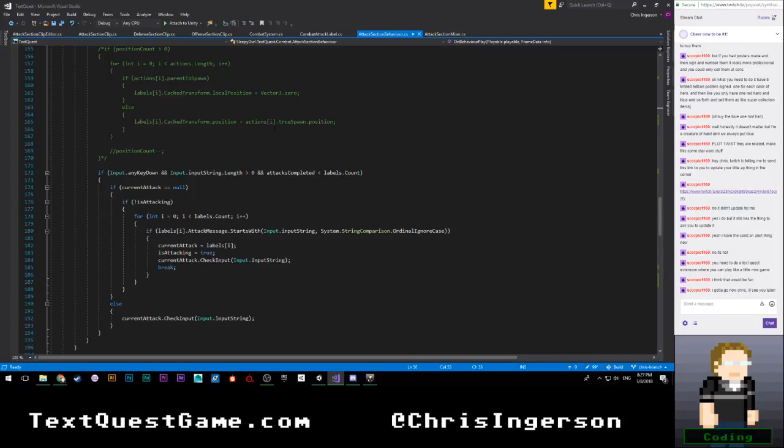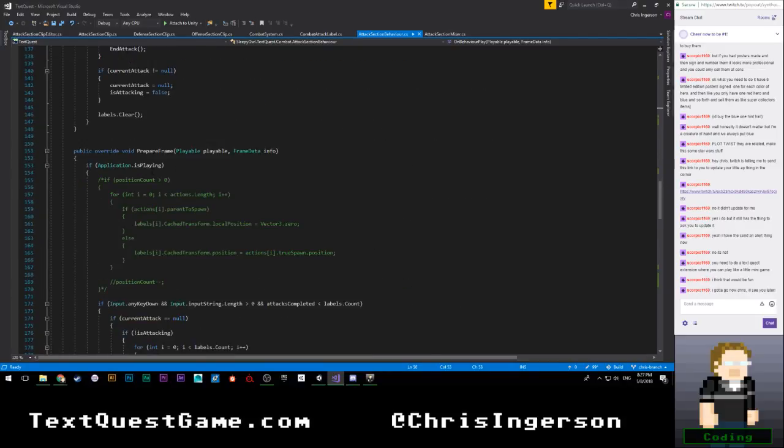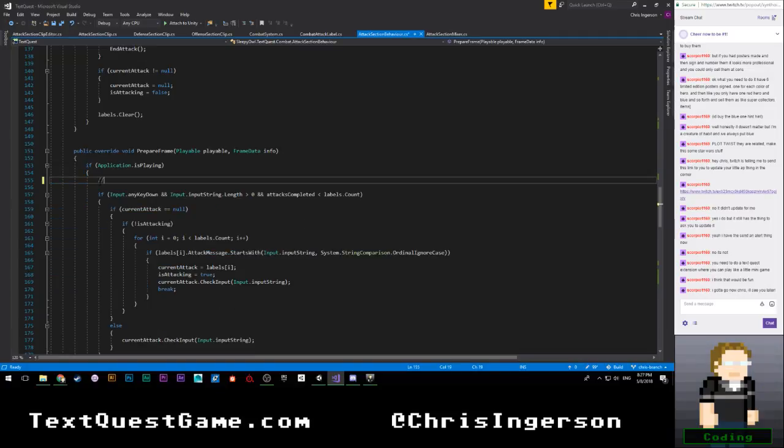So I'm going to want to do a couple of things. First, I'm going to come down here. I'm going to put a to-do here. I'm also going to get rid of this because I don't need it. I'm going to do a big to-do: spawn attacks over time if set to use